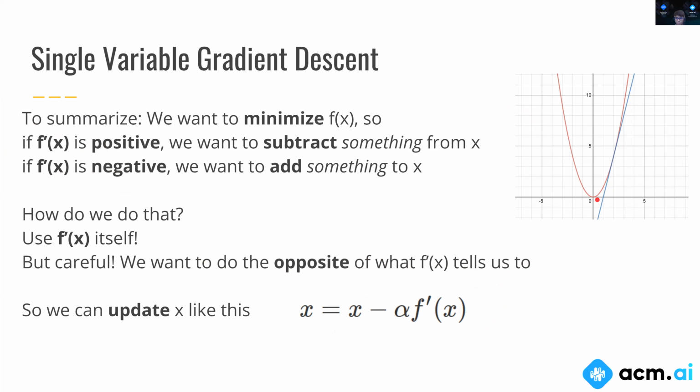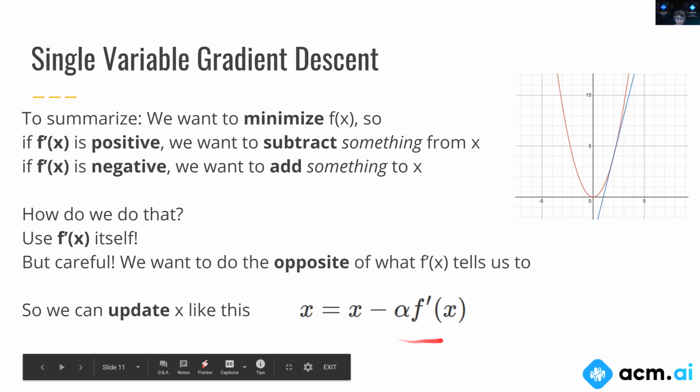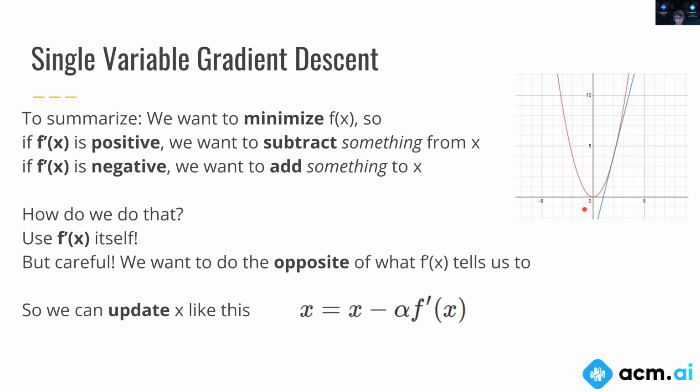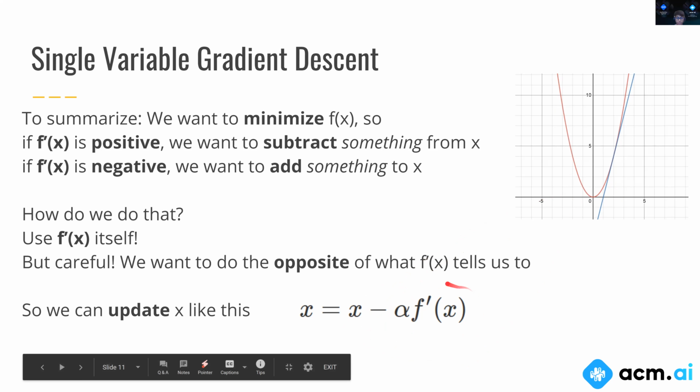So let's look at this equation through this example once more. If f prime was positive, it means we're on this branch. And if f prime is positive, this entire term becomes negative, and we end up subtracting something from x, which is exactly what we want to do, right? Because if we're here, we end up subtracting and going towards the minimum. Similarly, if f prime was negative, we are over here. So this entire term becomes positive because the negatives cancel out, and we end up increasing the value of x. And that's what we call an update, because this is the old value of x, and this is the new value of x. And we update x using the derivative of f.